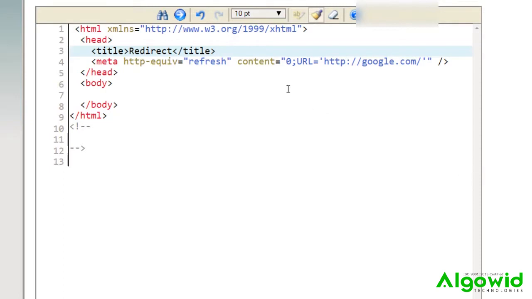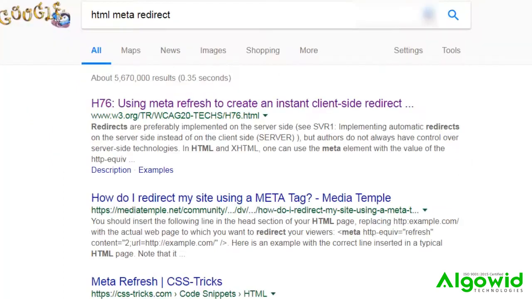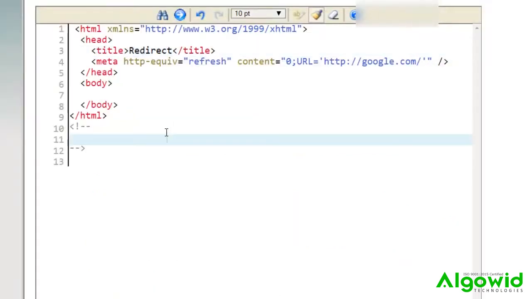You could do that. Or you can simply go to google.com and do a search for HTML meta redirect. Get the code and then just enter the code, as you can see here. And sometimes you'll have stuff in the body. You can remove that. You can change the title. But basically, it's HTML. There's a head. There's a title,